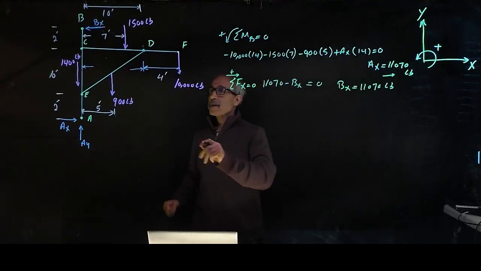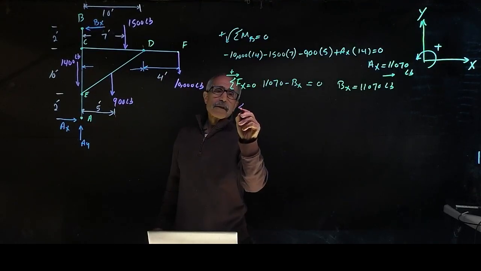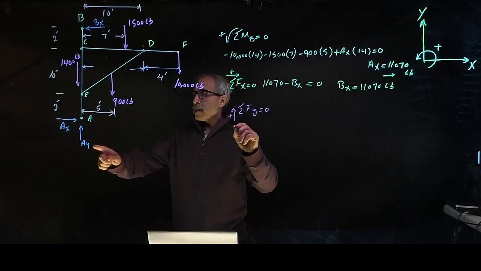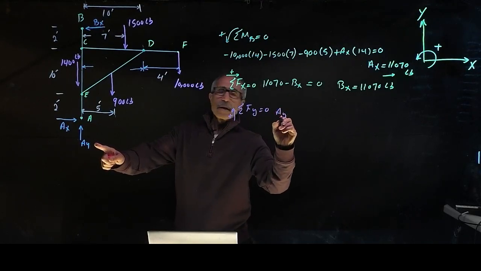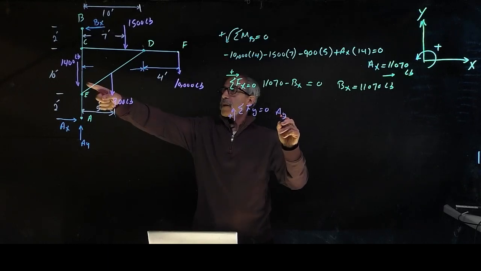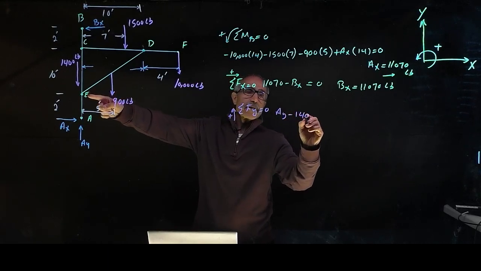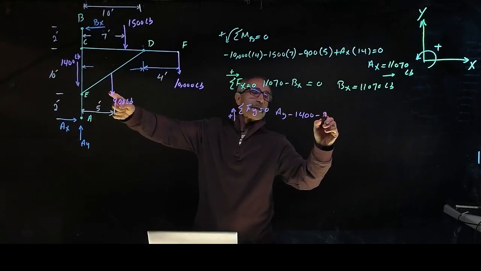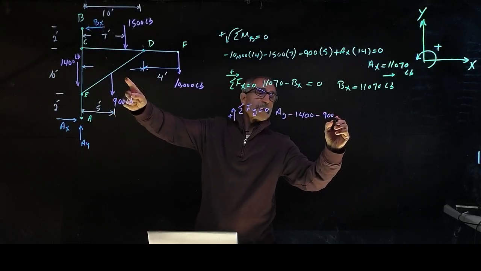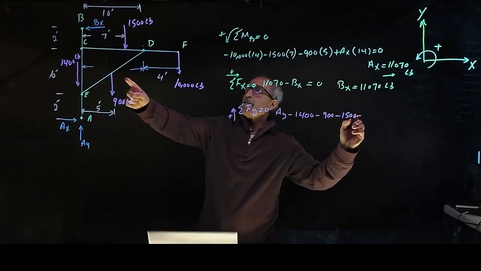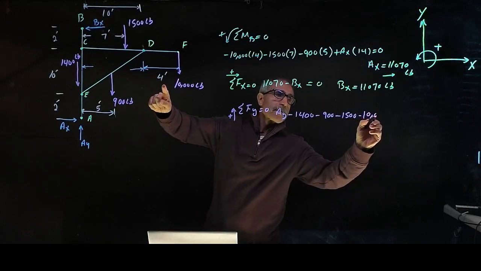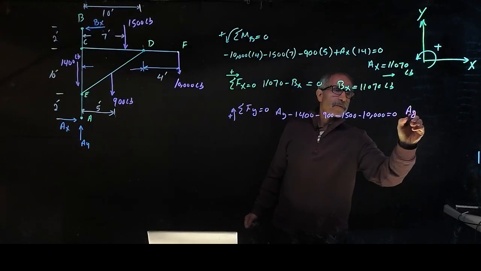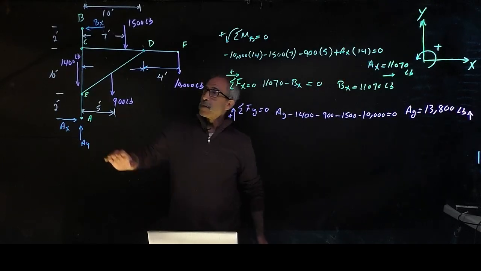I calculate the vertical. Summation f of y is equal to 0. Going up is positive. I have AY, and I got minus 1,400. Coming this way, it'd be minus 900, minus 1,500, minus 10,000, equals 0. And AY comes out to be, next thing I'm going to do, I'm just going to take the